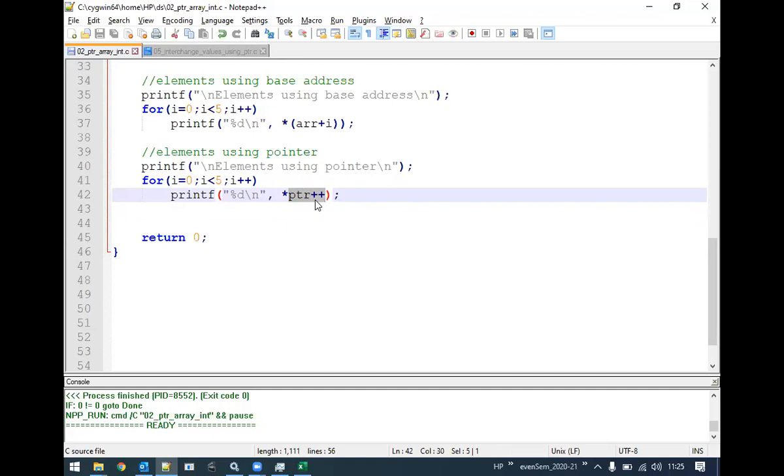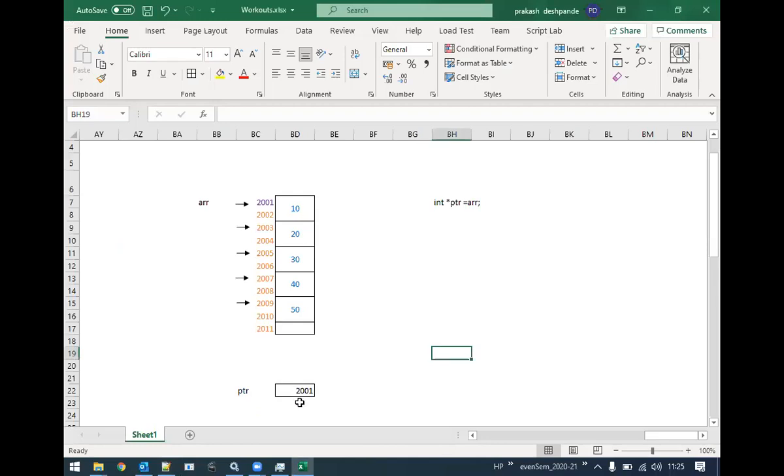Post-incrementation means what? Do we need to increment the value first and then use it, or use the value and then increment? Use the value. Next time when that particular variable is accessed, that time you increment it, right? So now PTR will be used. What does PTR contain here? 2001.